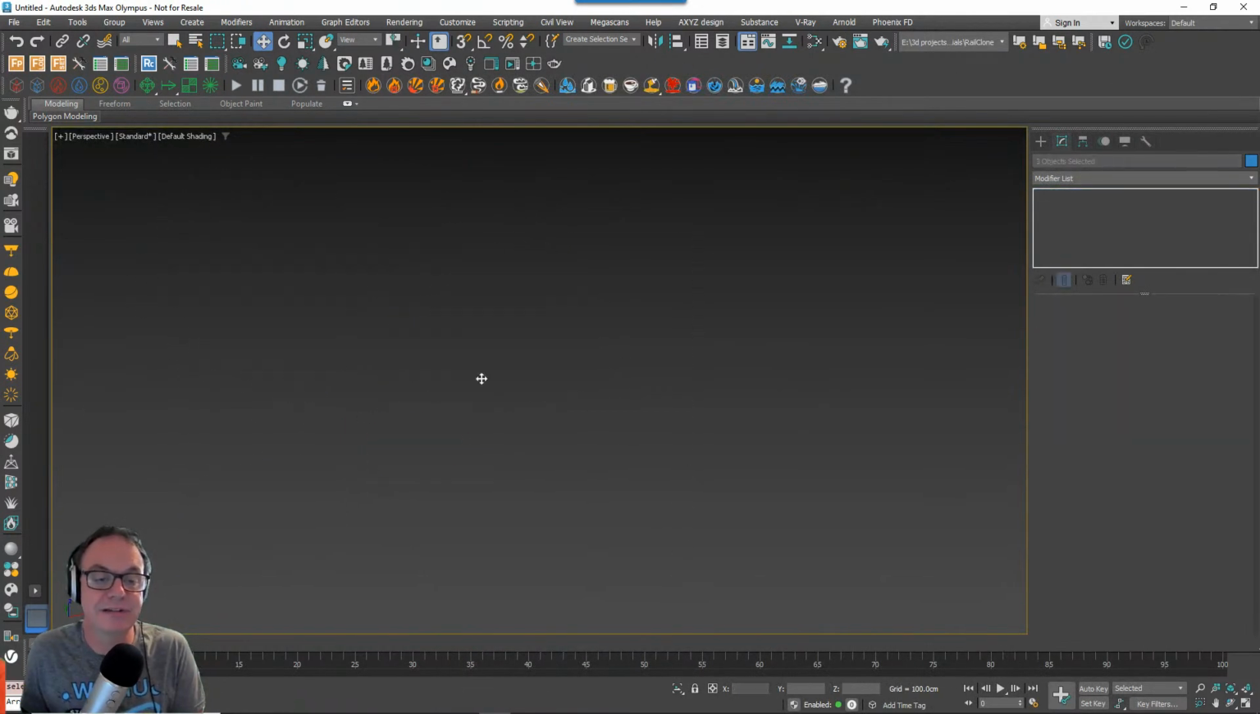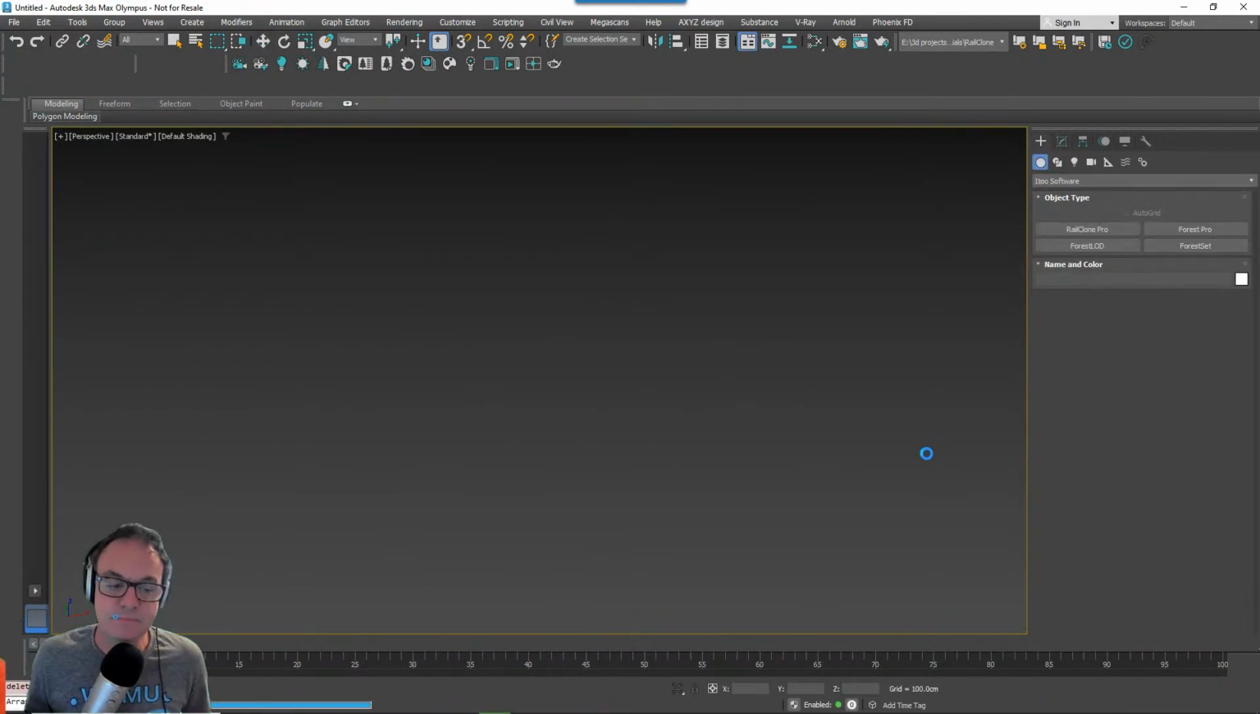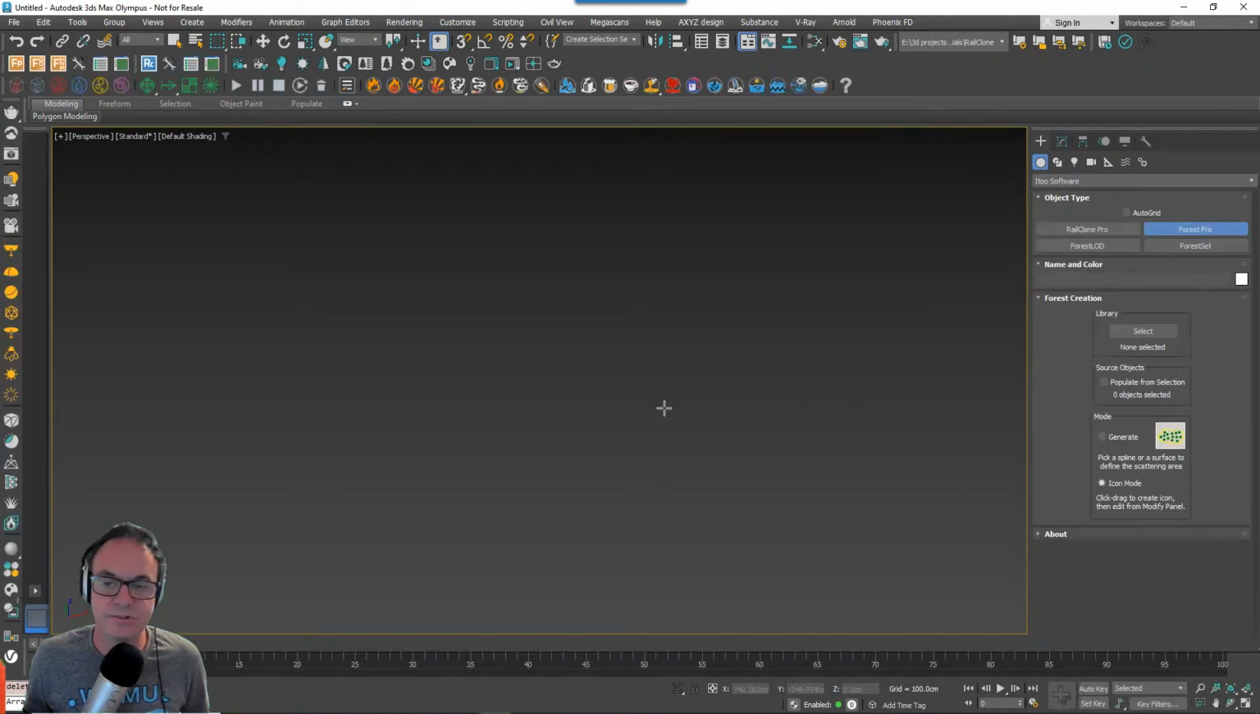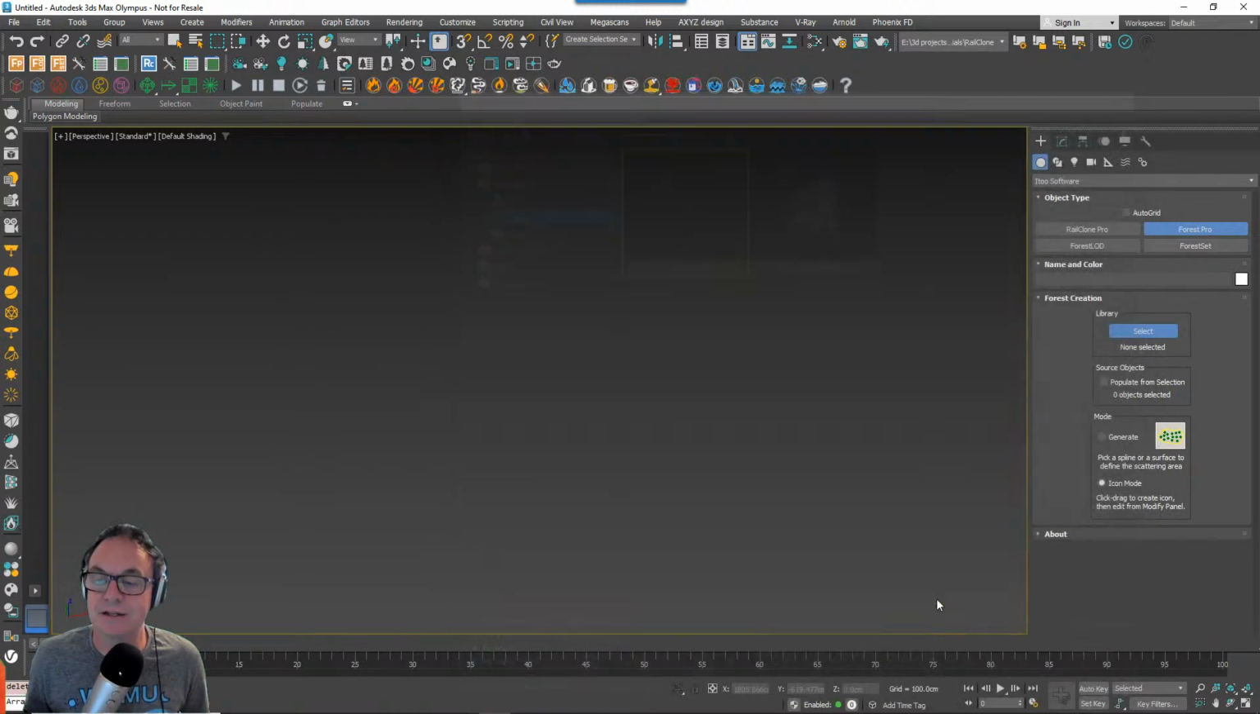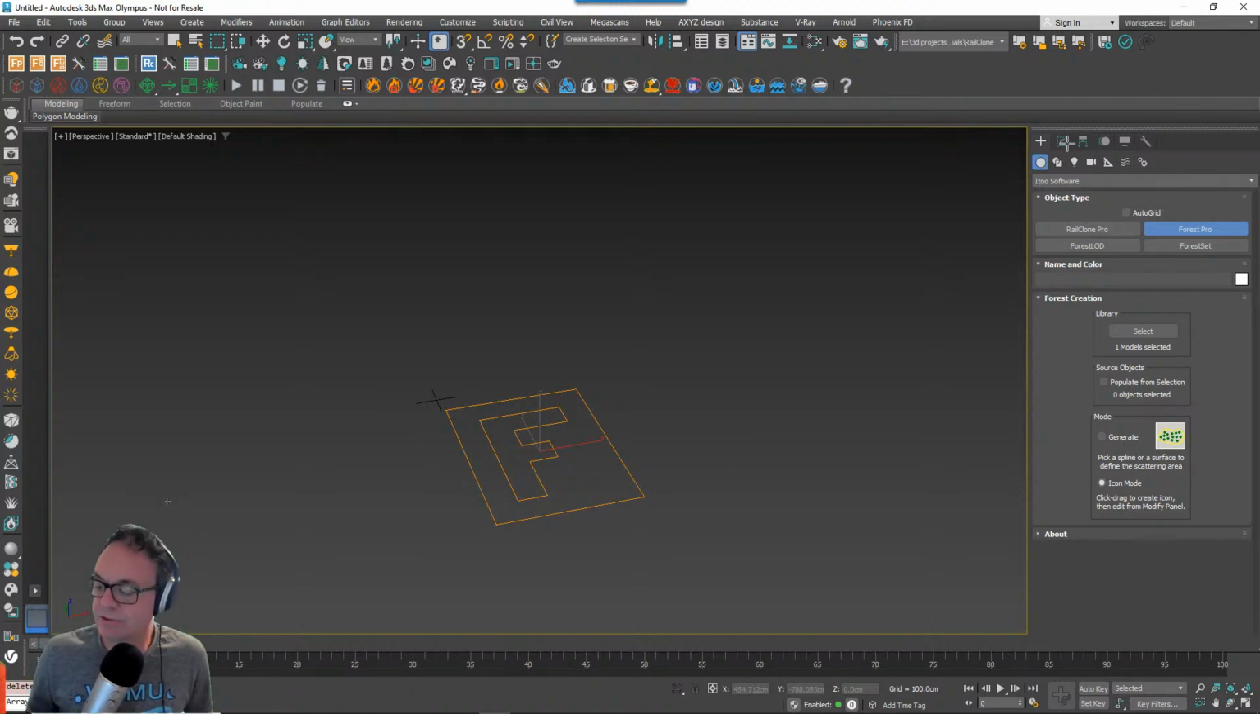So if I was to just delete all these, all I would do is create a new forest object, click on the library, and then I could say forest set there, load, and I'll just create a new icon like that, and immediately it will import those 2 trees from the library. So that's pretty cool. Works very quickly,